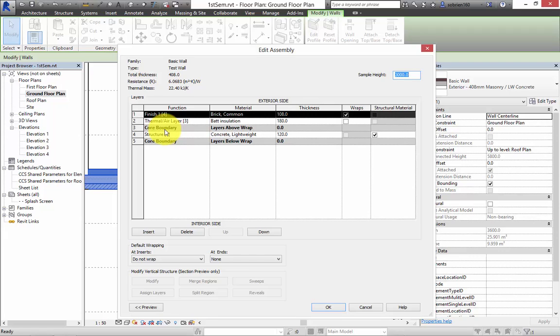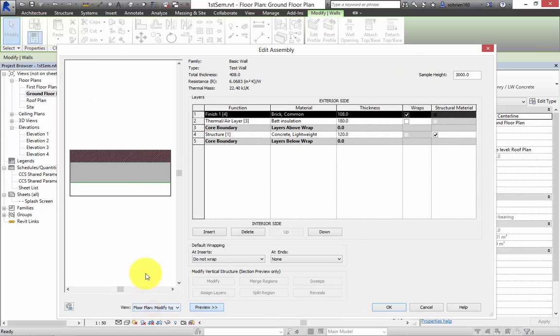And the core boundary is where you put all the structural elements of the wall. It's not hugely important in the first couple of semesters how you play with it, but it has an effect on how the walls join together later on. But it's good practice just to put anything that's holding up the building, in this case the concrete, within these two core boundary elements here. We have the option to insert another layer. Let's say we have brick on the outside, we've got some insulation,